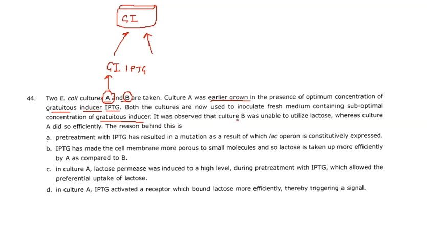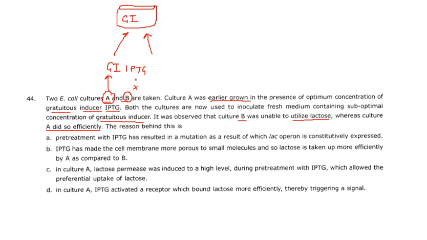It was observed that culture B was unable to utilize lactose. B, where no initial IPTG was there, is not able to utilize the lactose, whereas culture A did so efficiently. The reason behind this is, when IPTG is already there,